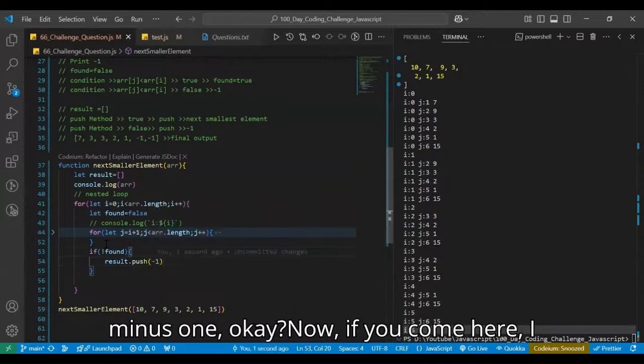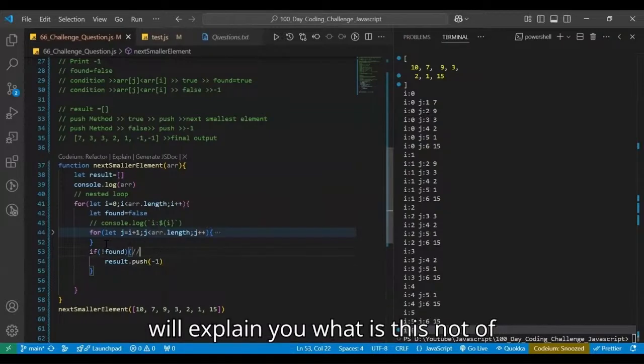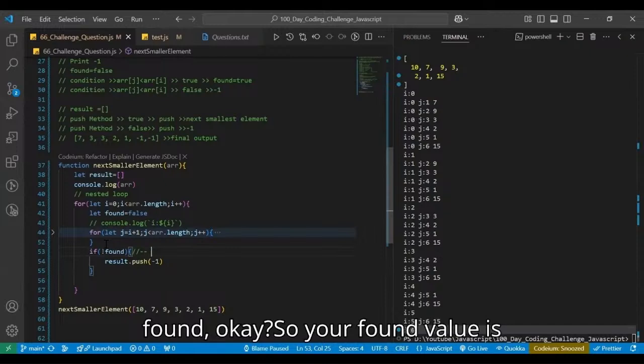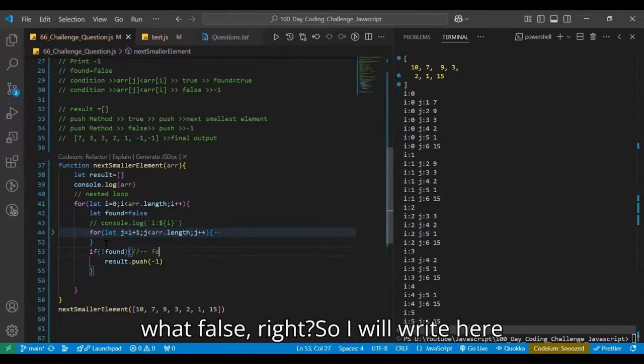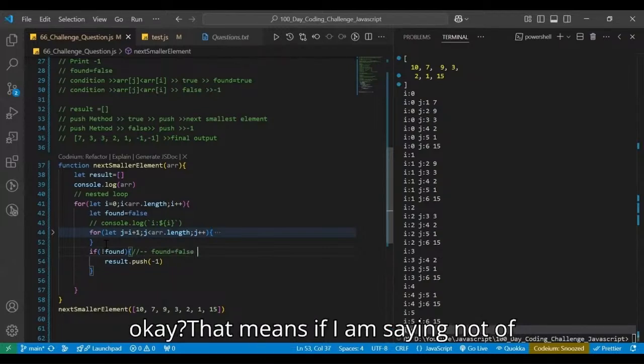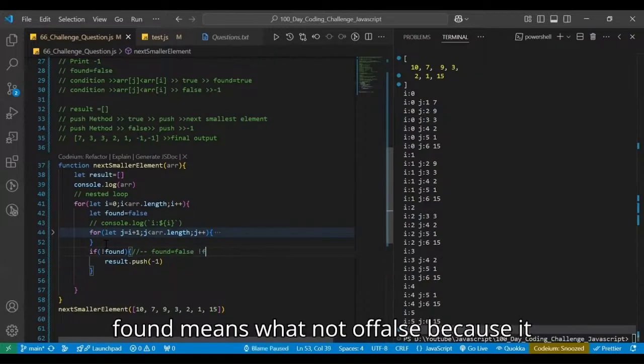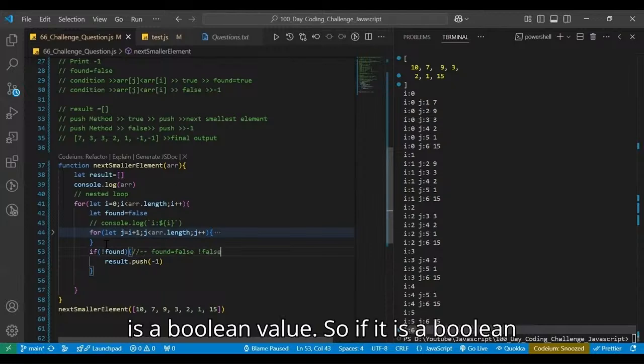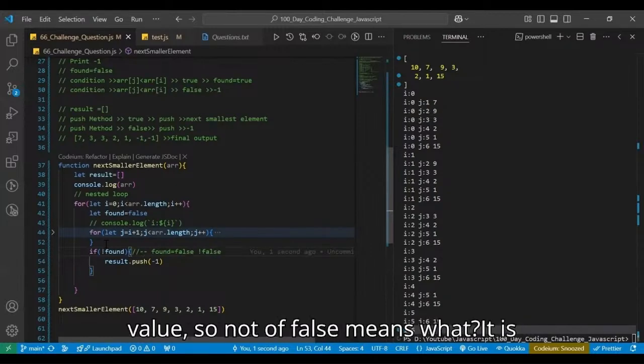Now, if you come here, I will explain what this not of found is. So here the found value is what? False, right? So I will write here found is equal to false right now. That means if I am saying not of found, it means not of false, because it is a Boolean value. So if it is a Boolean value, not of false means what? It is true. So